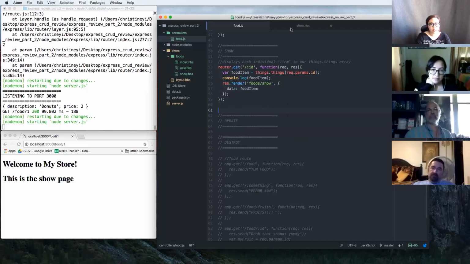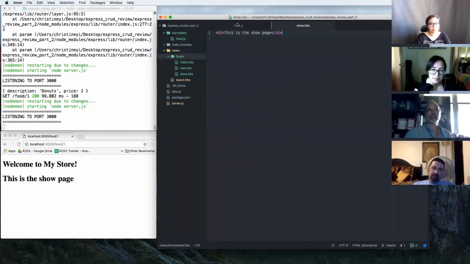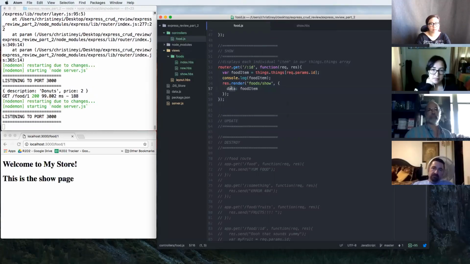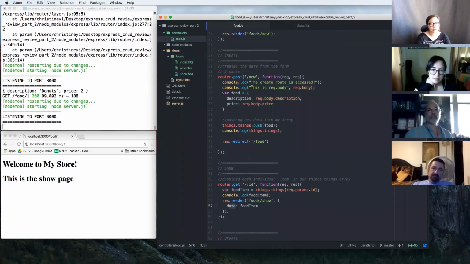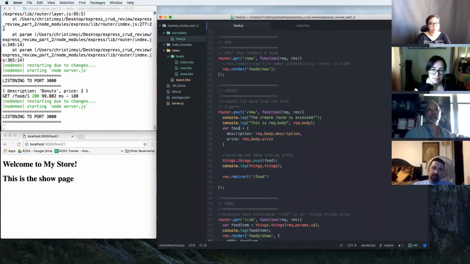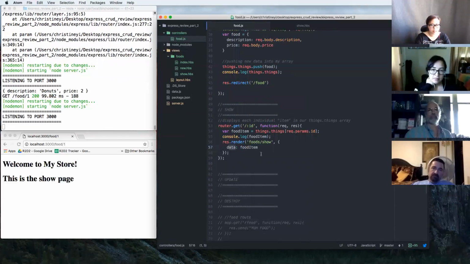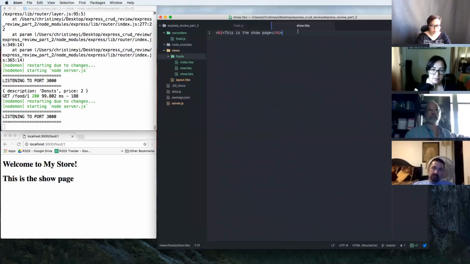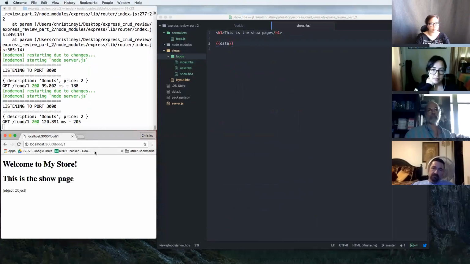So I'll save this, and now we can come here. Right, so we called it data. Up here, I called it food. And on the create route, we access it by food, but here I'm going to call it data. So you know what? Let's just see if handlebars works. Let's see if this view route works. I'm going to refresh the page, and here we go. We have this weird little object array